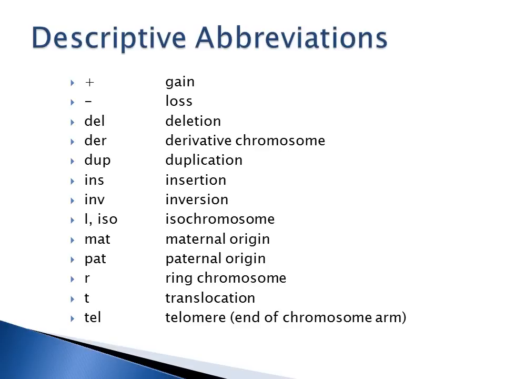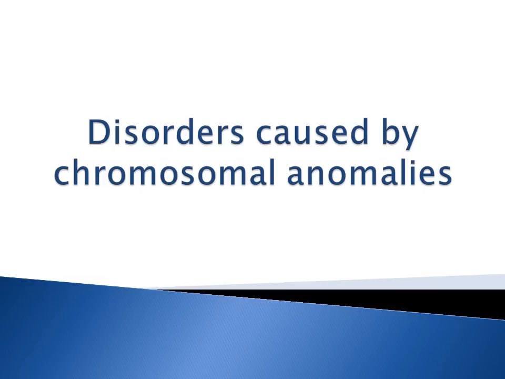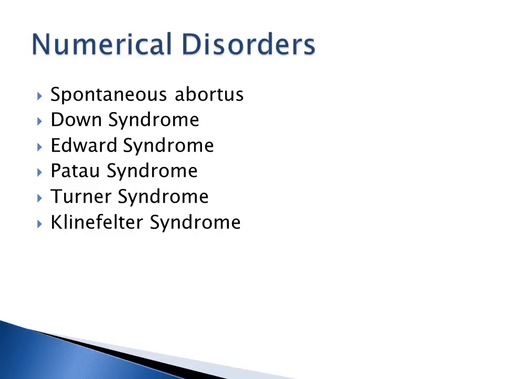And this slide shows several of the descriptive abbreviations that are used in karyotype annotation, and you're going to see these in the next several slides when we're discussing the various diseases caused by chromosomal aberrations. So, some of the disorders caused by chromosomal anomalies. You have your numerical disorder diseases, which include spontaneous abortus, Down syndrome, Edwards syndrome, Patau syndrome, Turner syndrome, and Klinefelter